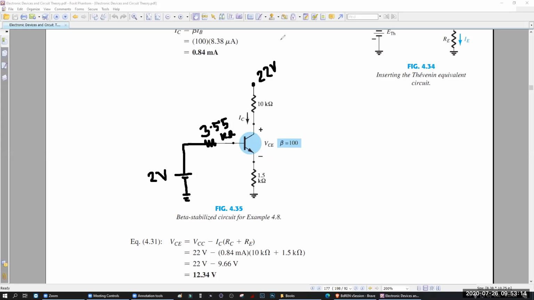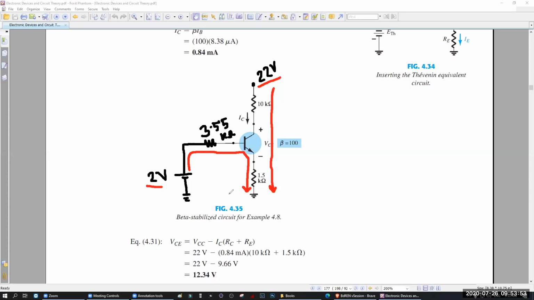So here, which one is IB? A current will come down, right? That will be your IB. And which one is your IC? A current will come like that. Previously, these two sources were equal. Look at this, it looks like an emitter bias, right? Yes. Exactly like emitter bias, but previously the sources were equal and these resistors were a bit bigger. But now the sources are not equal. This source is big, this source is very small, so the resistor is small.